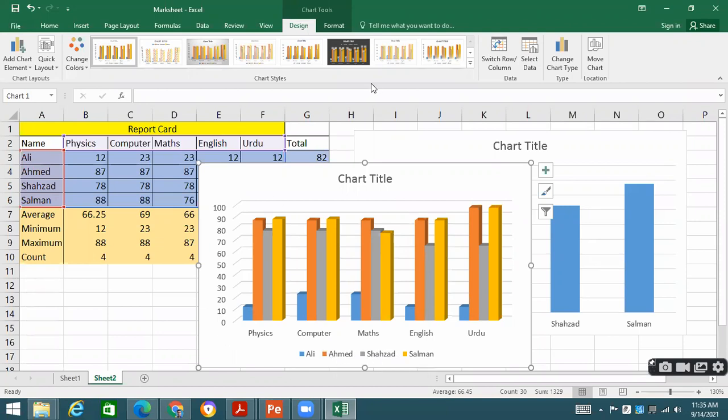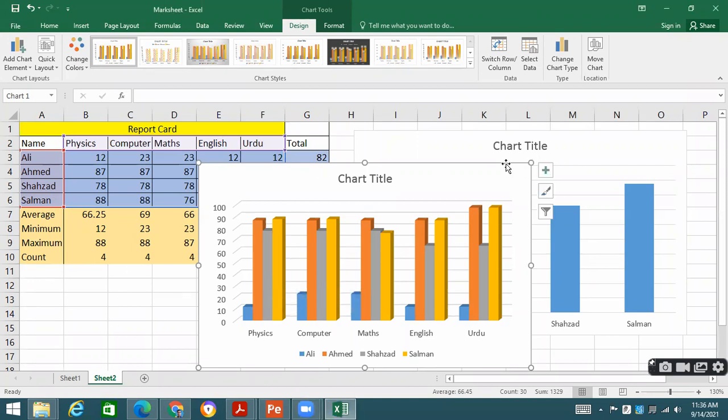In physics, Ali has got these marks, Ahmed has got these marks, Shahzad has got these marks, Salman has got these marks. This is how we can make a good comparison, for one subject, of how many marks different students have got. Are you getting this point, students? This is how we can draw the graph.